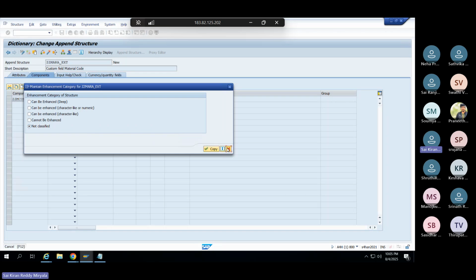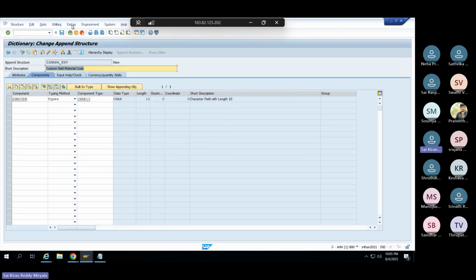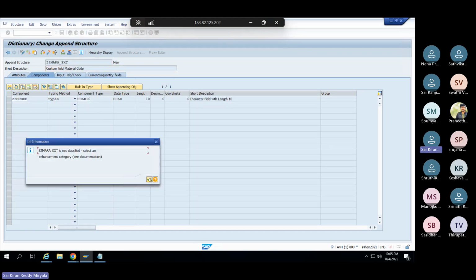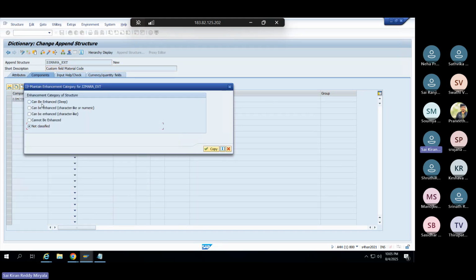Yeah, to rectify this issue, so it's a common issue, go to Extras, Enhancement Category, click on OK. So here you can see that for the enhancement, the "not classified" option is checked. That's why it's not allowing us to enhance the table. So I'm taking "can be enhanced" and clicking copy